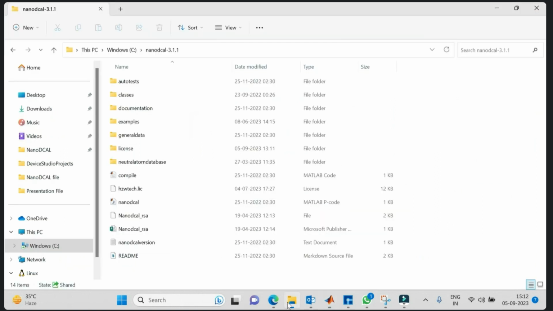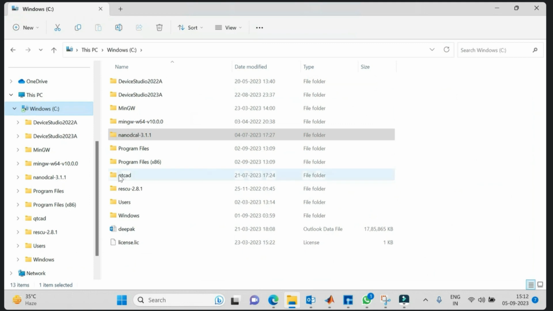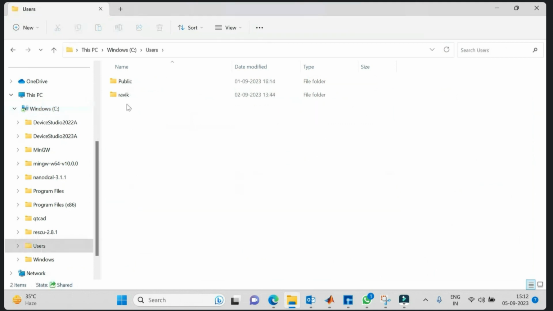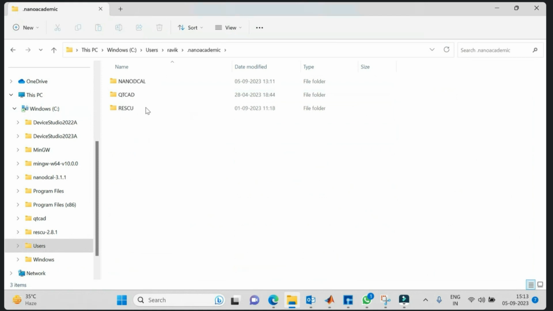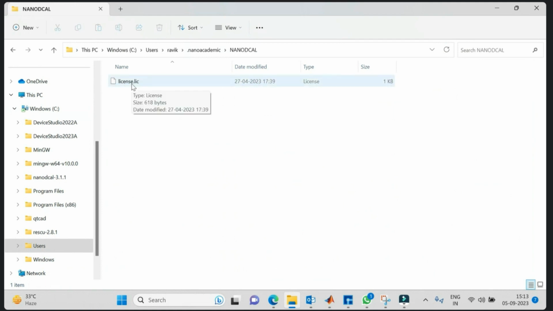Here you can see this is my C drive, this is the user, and this is the Nano Academic. So this is the .nanoacademic folder, and this is the nanodcal. Here you can see this is our license file. So here you should paste this license file,